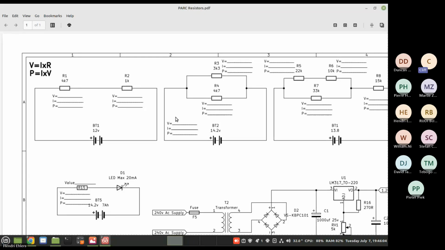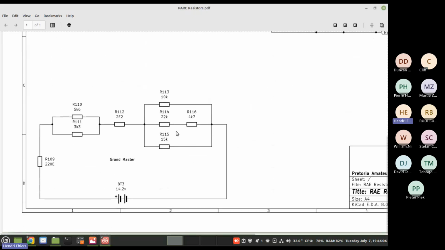Sorry, Henry, just go back down to the Grandmaster. That resistor that's in the middle of the two parallels, is that a 2K2 or is that a typo? Okay, no, you see that I deliberately did that and I actually forgot. Good that you look at that. In some cases, they will substitute, instead of putting the R there, they will substitute it with an E. So 2E2 is a 2.2 ohm resistor. They can write it 2R2 or 2E2.